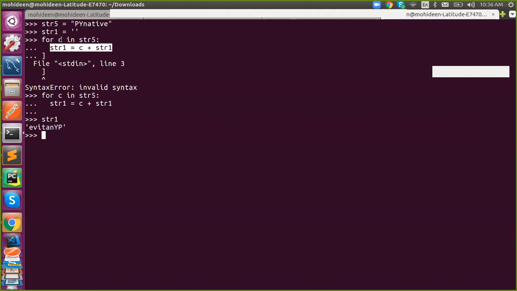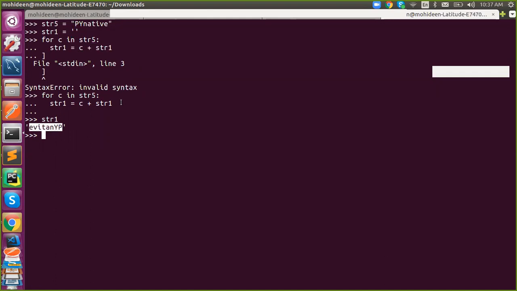So I'm taking a new character as the first character followed by my string. First time it will be P. Next time Y will be in the zeroth index. P will move on to next, and next time N, Y, P, and next time A, N, Y, P, and then T, A, N, Y, P, etc. And then you will get the complete reversed string.